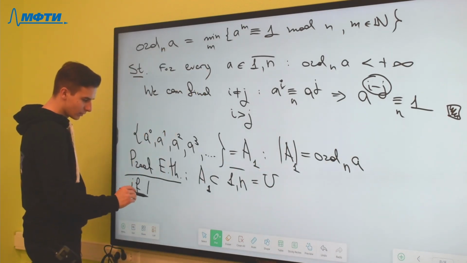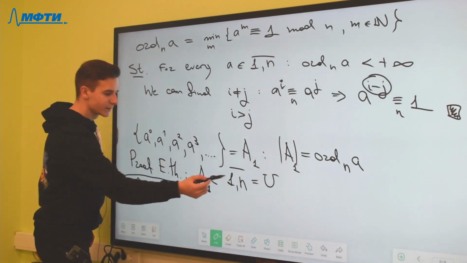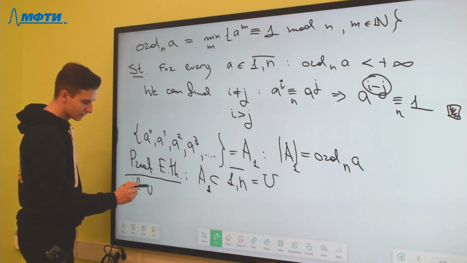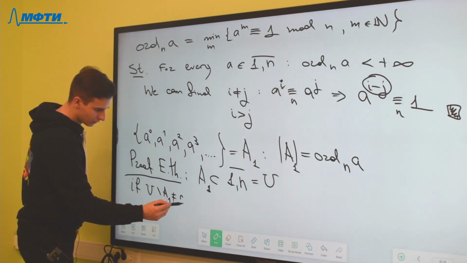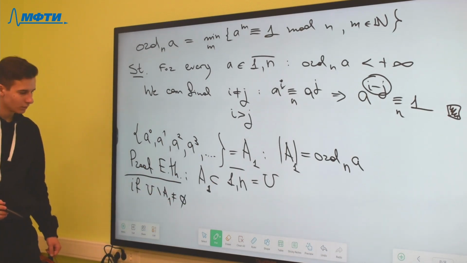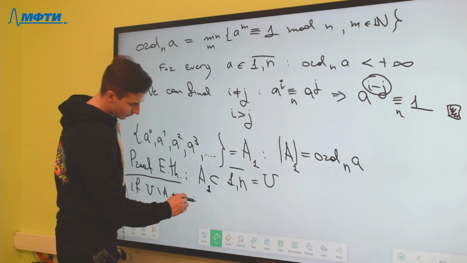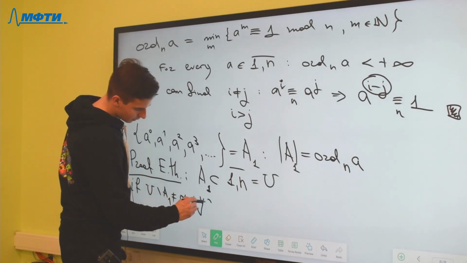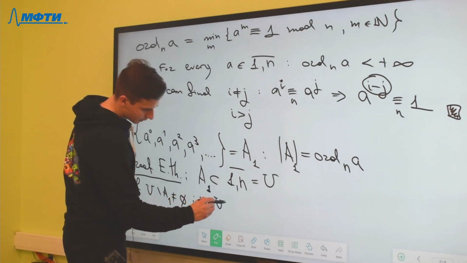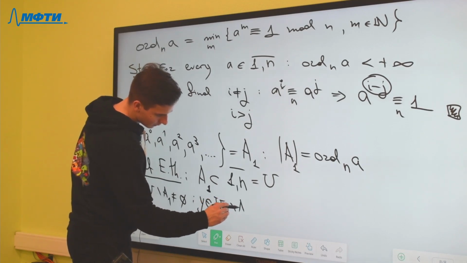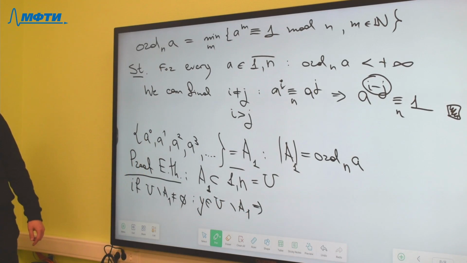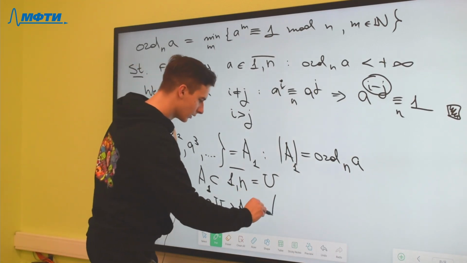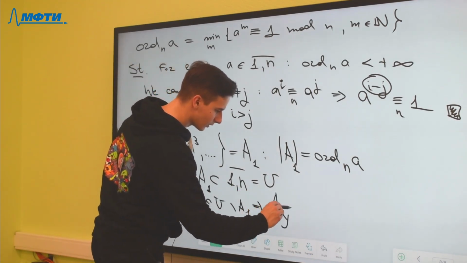If the difference between these two sets is not empty, for example, if we can find some y here, then I define a y